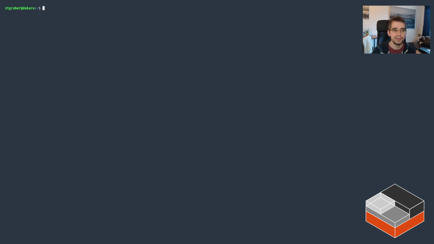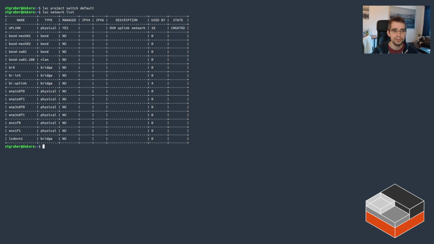OVN networks are effectively tied to an uplink, which is the physical network that they get incoming traffic on. This is still in the default project. So if I switch to my default project over there and look at what's in there, this one will not show any other network. I don't have anything in that project, but it shows all the physical networks, including a network here that's called uplink. If we go look at what that looks like,